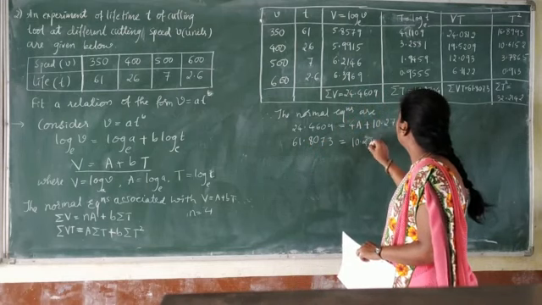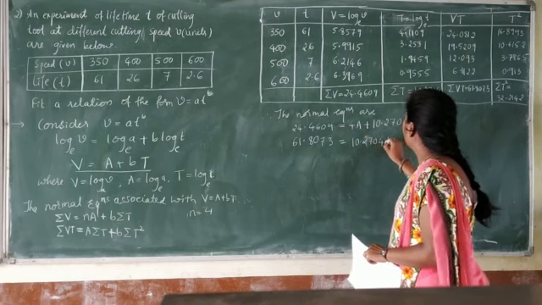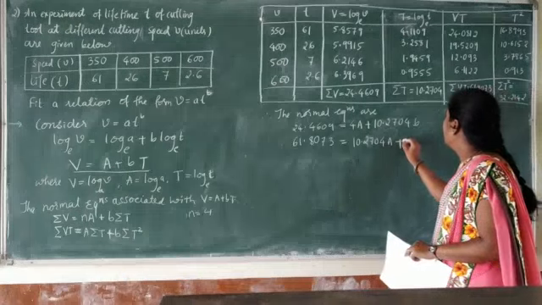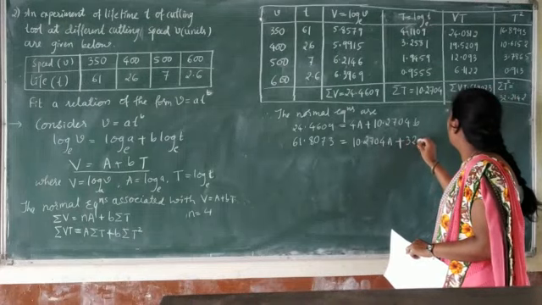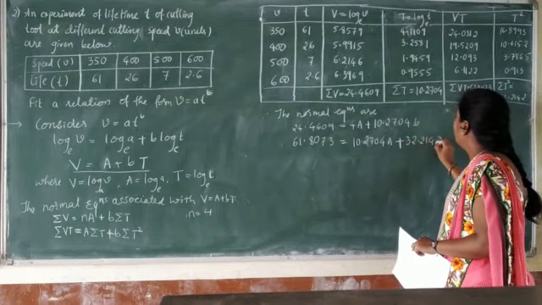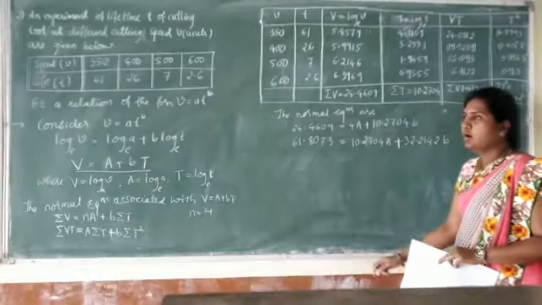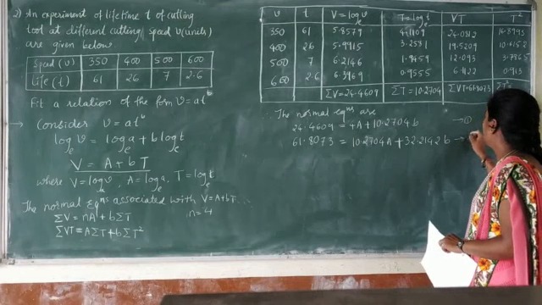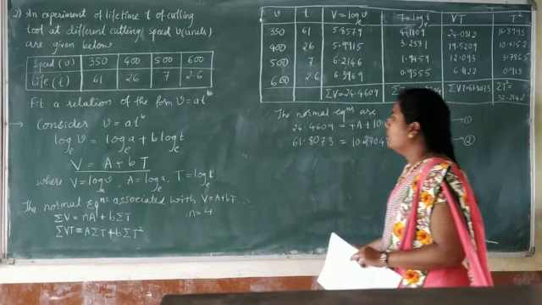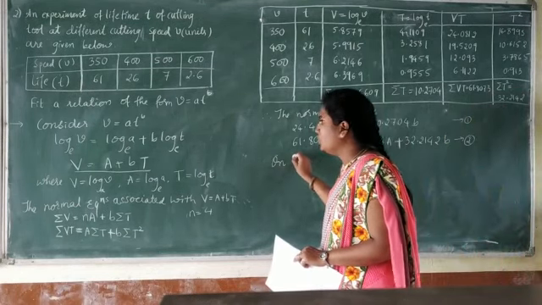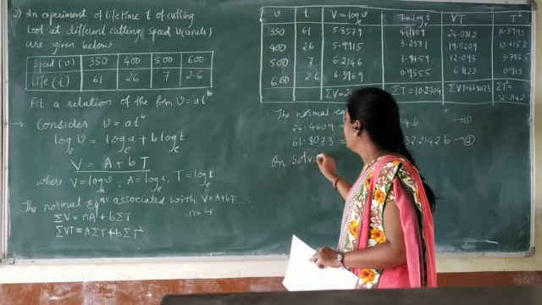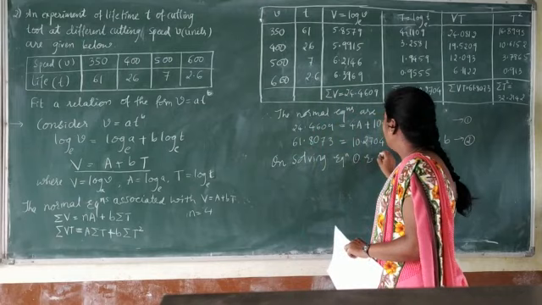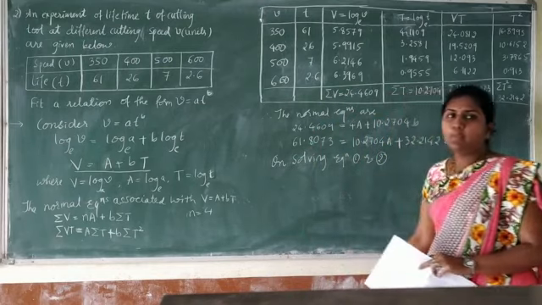10.2704 A plus B into summation T square. Summation T square is 32.2142 into B. Okay. Next, let us take it as equation 1 and 2. On solving equations 1 and 2, here we are getting the values of capital